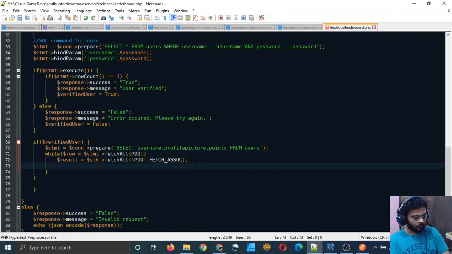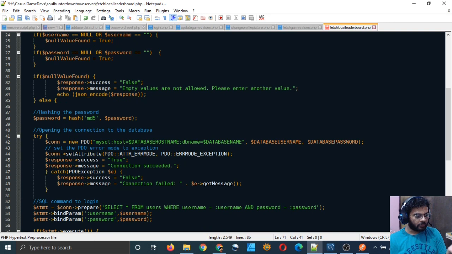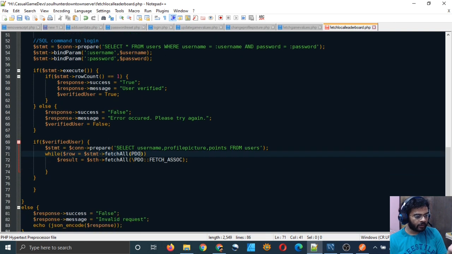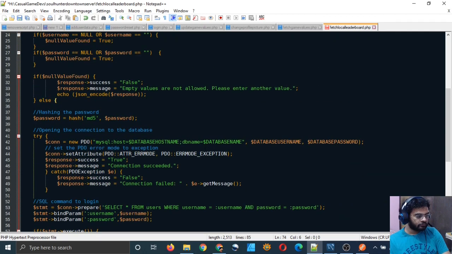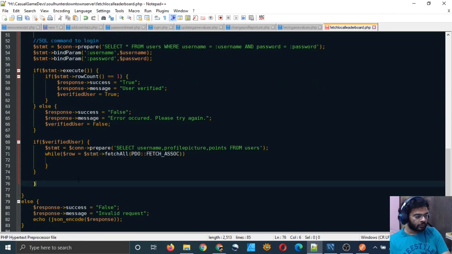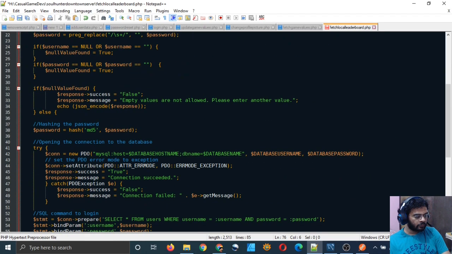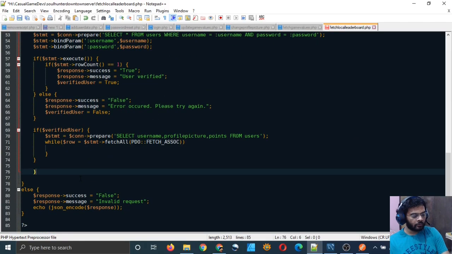You don't have to put this backslash because it works without the backslash in our code. You can delete all that.